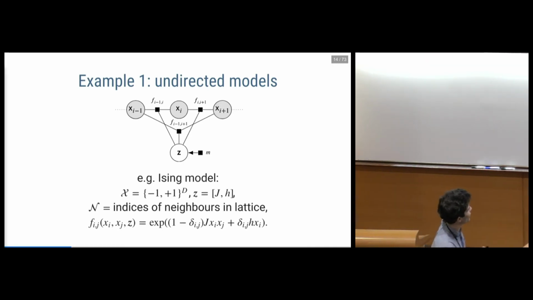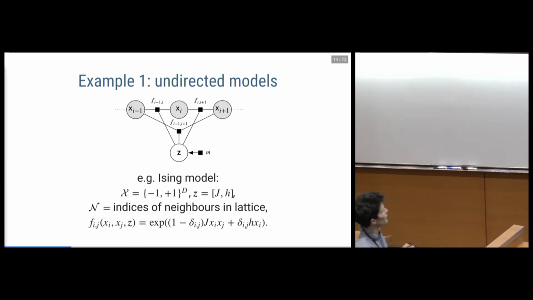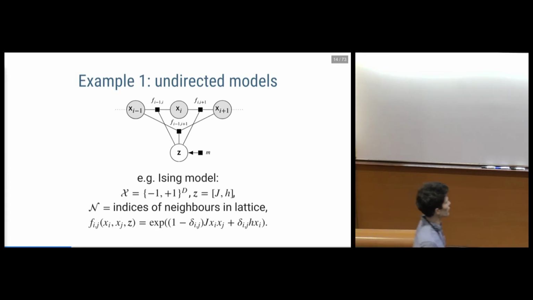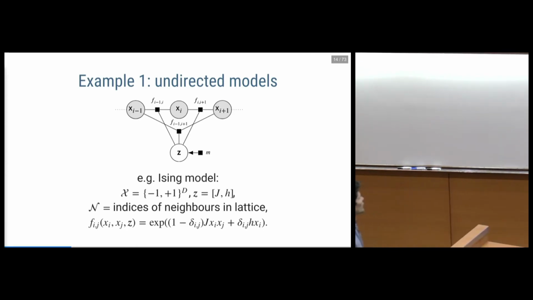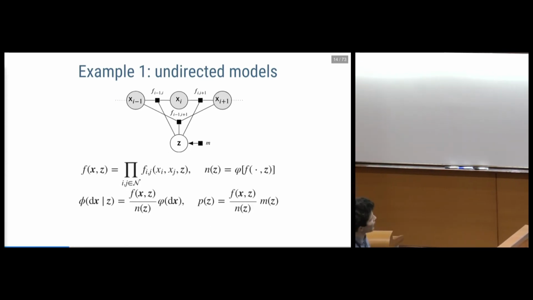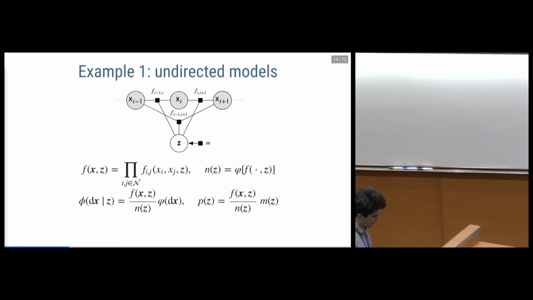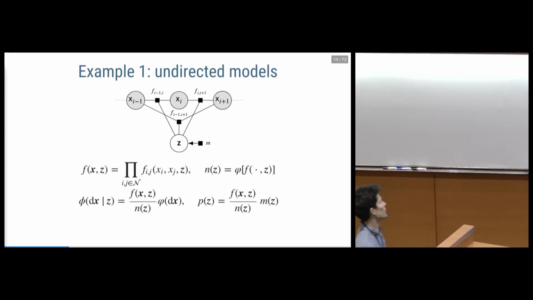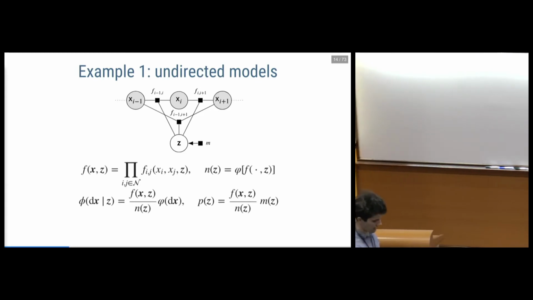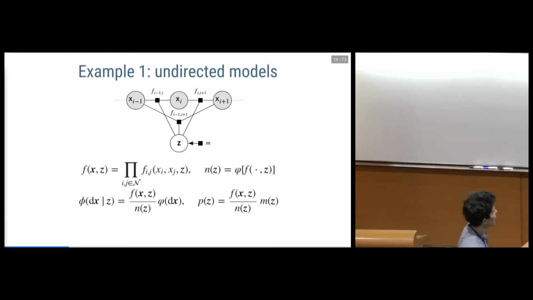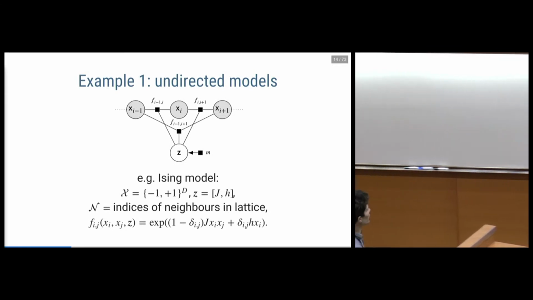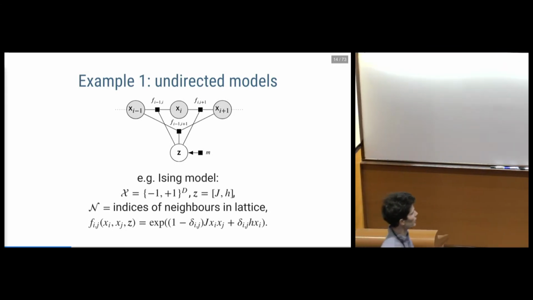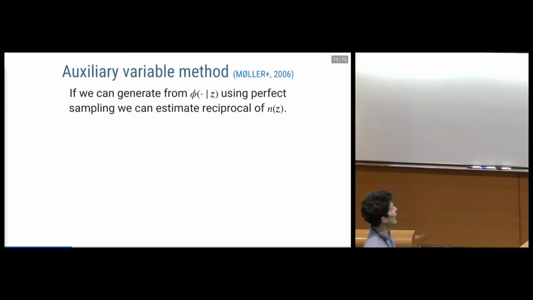So here the state space is finite, but if d is large, this will scale with 2 to the d, the total number of states. So this normalizing constant, this expectation or integral here, will involve a summation over 2 to the d states, which, if d is reasonably large, will quickly become intractable, even if we've got, say, a lot of parallel compute. So we're not going to be able to evaluate this density exactly, but are there ways in which we could perhaps estimate this density?